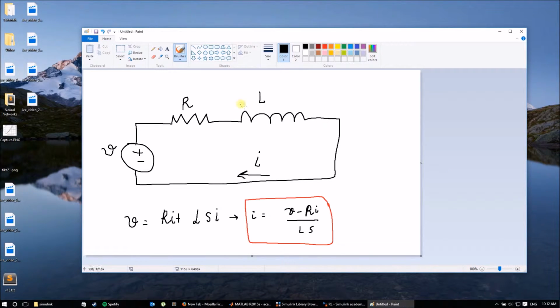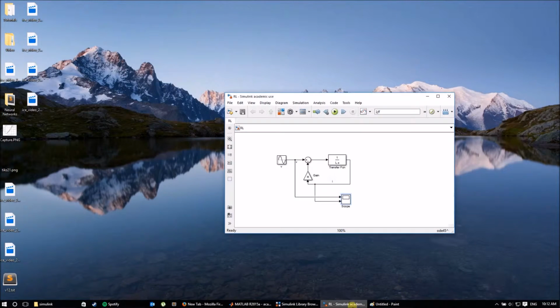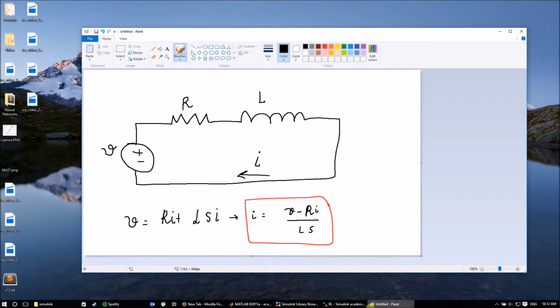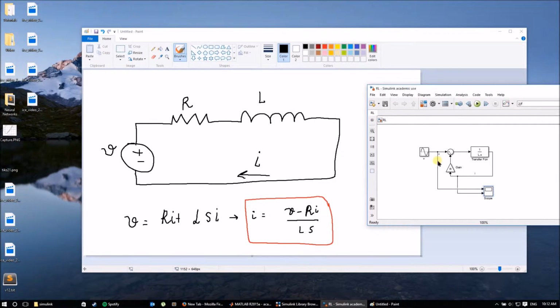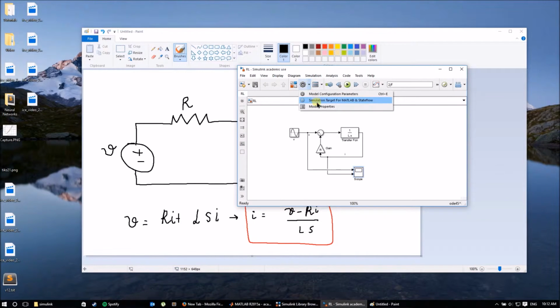Okay, so because we'll be using Simulink, we can put equations like this in S domain and then solve for the current. So we can solve like this, and we can do the circuit then and get something like this. So you have the voltage here, resistor times current is subtracted and then multiplied by 1 over Ls, and you get the current. If you go to options,